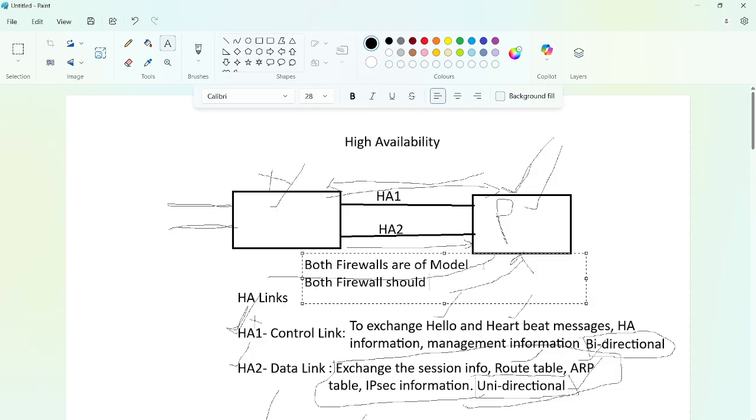should be on the same PAN-OS version. If you want to form high availability, both firewalls should be on the same PAN-OS version. If there is any mismatch in the PAN-OS version, the high availability will not be formed. And also the configuration: both firewalls should have the same type of configuration,